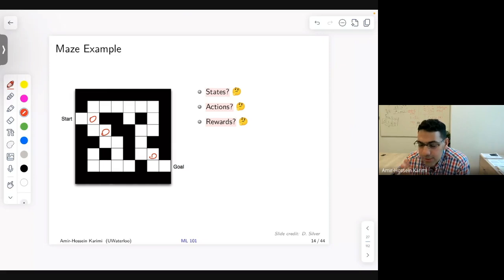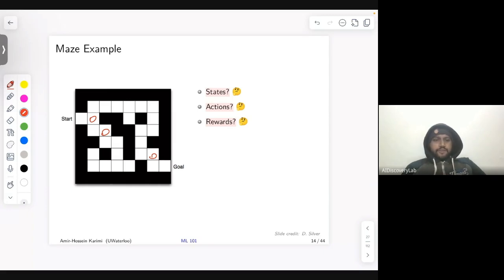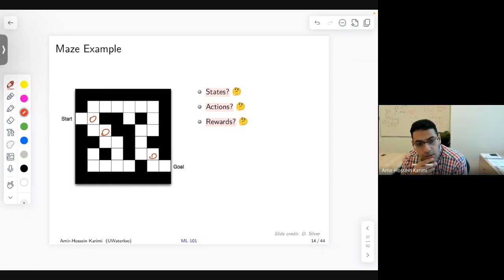What else? How else would you design your reward? Yes, Mustafa. Basically, the agent's goal is to reach the goal state. So if we calculate the distance between the goal state and the next action performed, depending upon the action, if the distance is less than before, we give a positive reward, and otherwise we give a negative reward. That's a very good idea. Basically, Mustafa is saying that when our distance to the goal is less by moving into the current state,